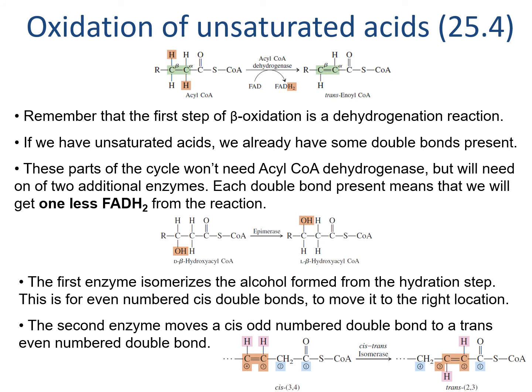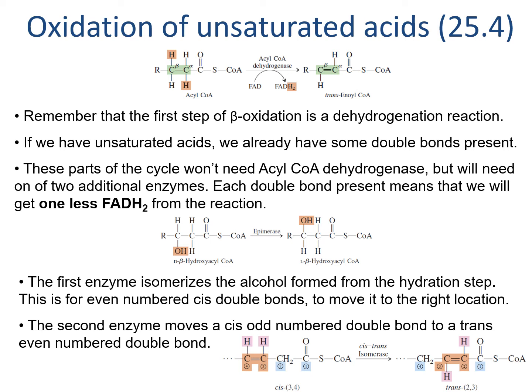We can do all the same calculations we just did for an unsaturated acid, except that every time there's unsaturation, we need to subtract an FADH2. This is because if we already have a double bond, we can't get the FADH2 associated from its production. We often need to move the double bond, which we can see in the second and third images on this slide, but that doesn't really change the energy yield at all.